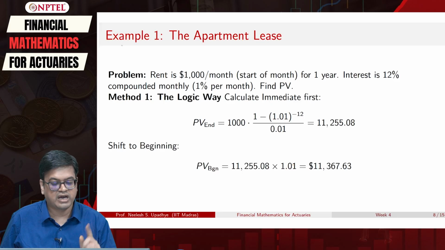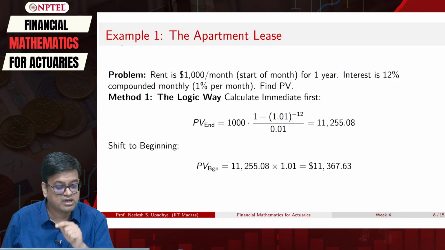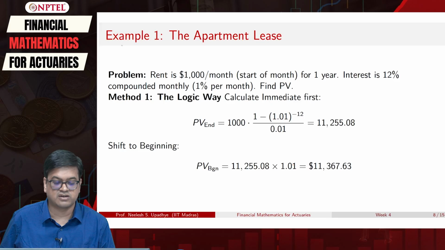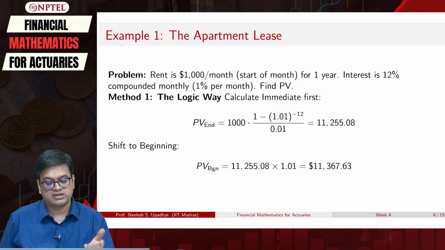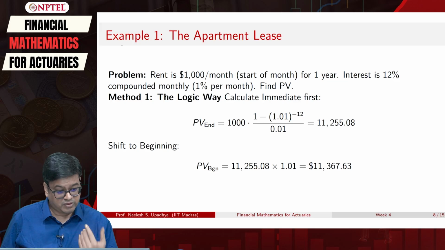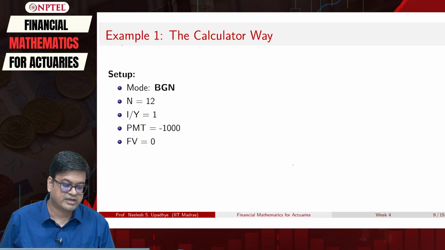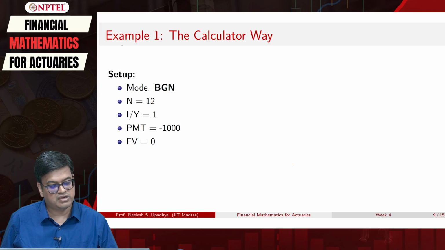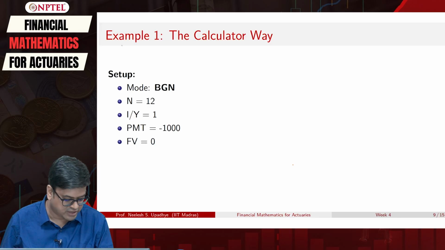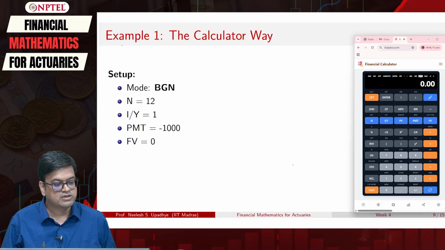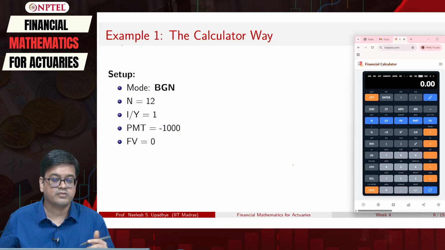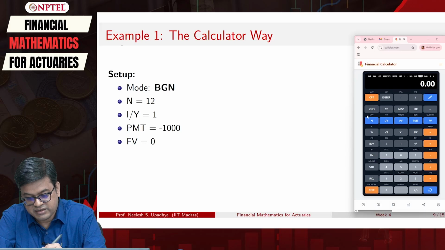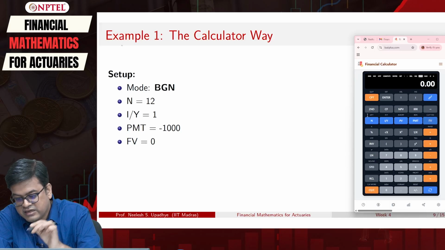So I don't have to learn the formula for PV begin by heart, because if I do, I have to go with this compounding to find a discount rate, discount factor d, which will be slightly complicated. So I don't have to do that. It's a simple way to do it. And another simple way to do it is using the calculator. So here is our setup, and we have to feed in all these values, and once we feed in all these values, we will get our answer.